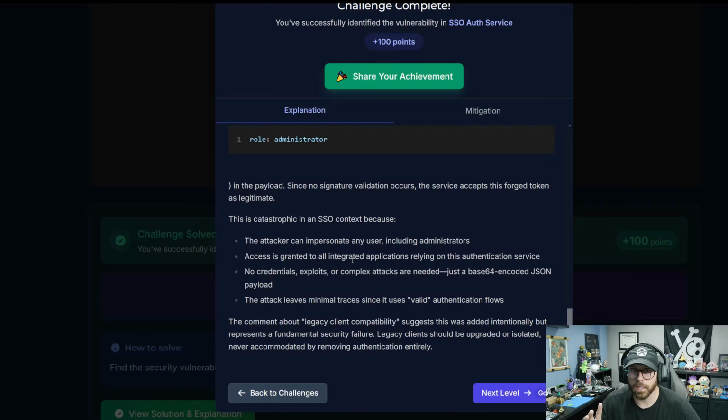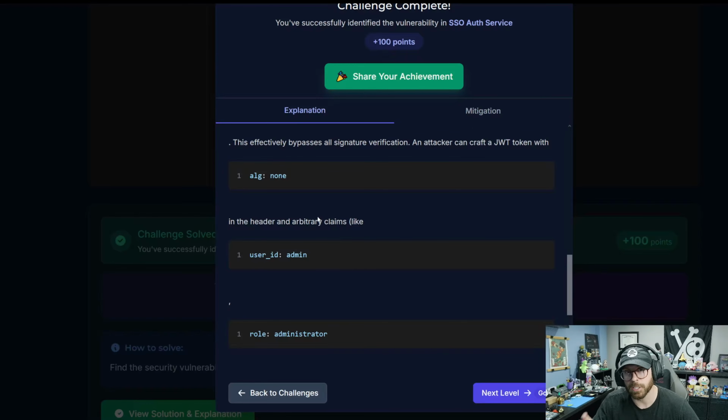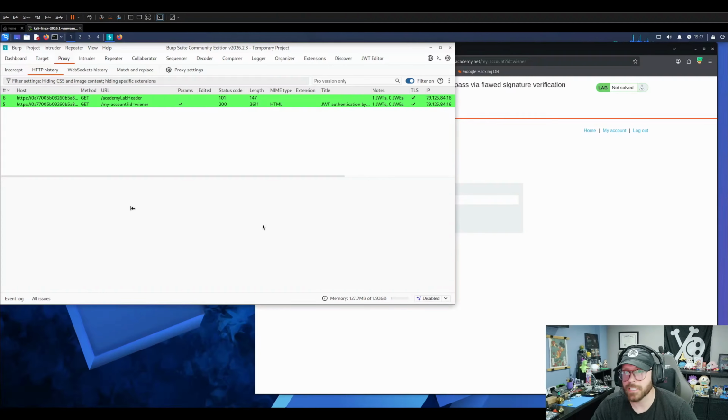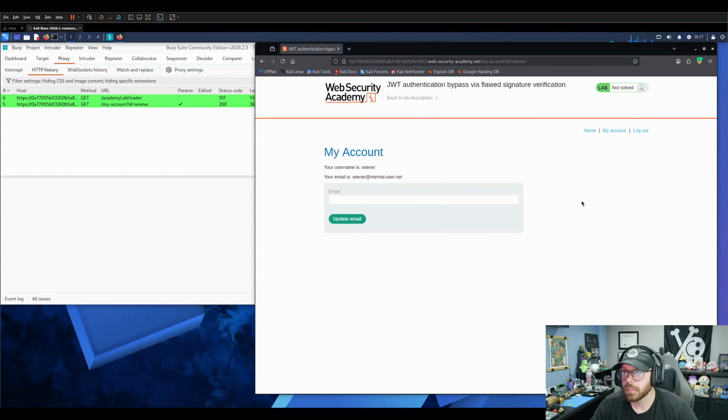I have a quick thing I want to wrap up with though, since we solved this lab. Let's jump into a quick Portswigger Academy lab and put this into practice, and see exactly what that none algorithm looks like. All right, so I have a little bit of a bonus. I have the Portswigger lab, JWT authentication bypass via flawed signature verification, and we're going to put into practice that